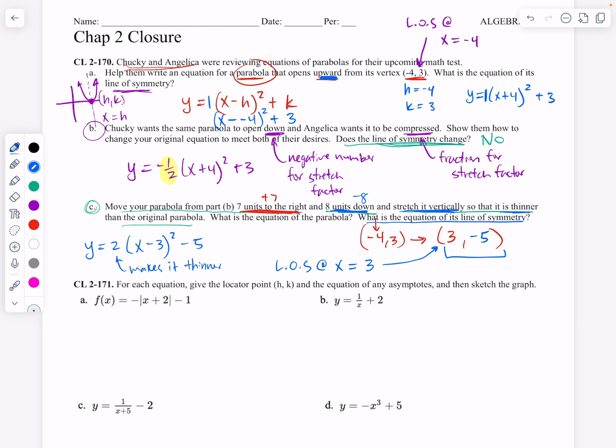If I wanted to graph this new parabola off on the side, I'd go 3 in the x and then -5. So it'd be right here, the locator point would be here. And so it would be